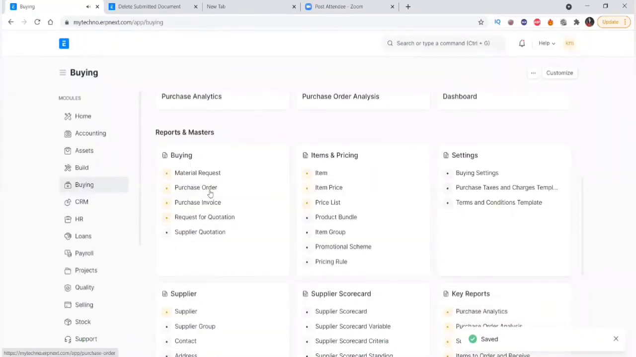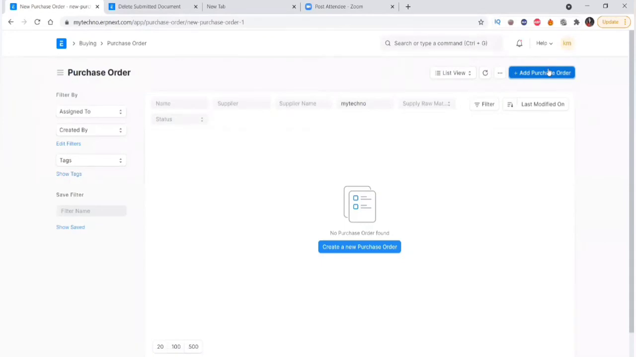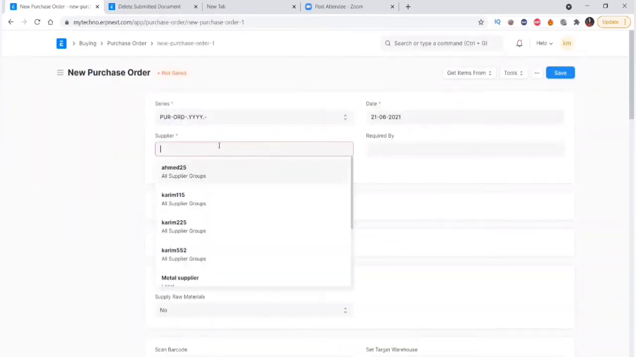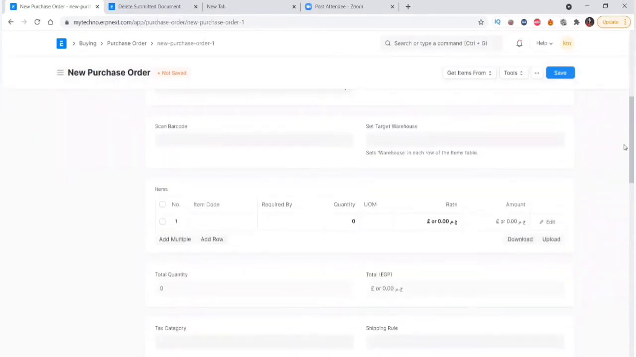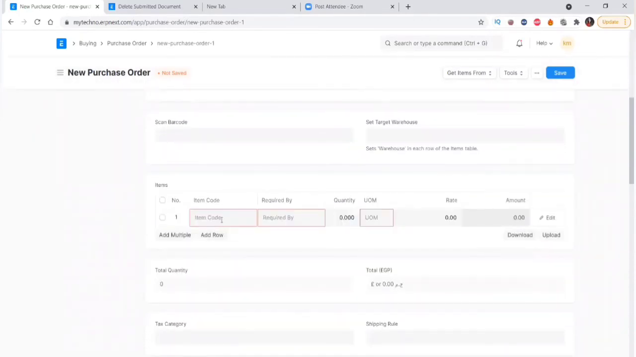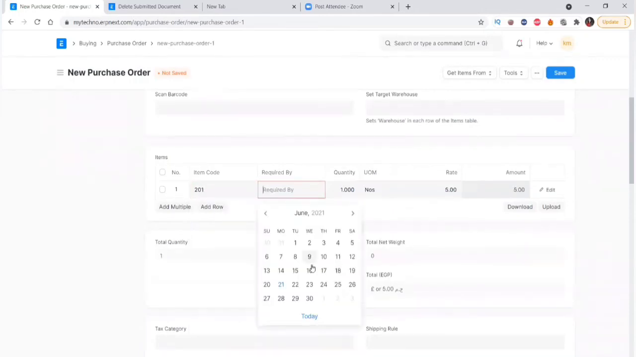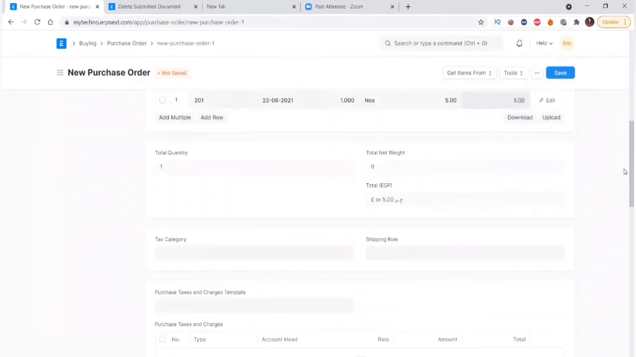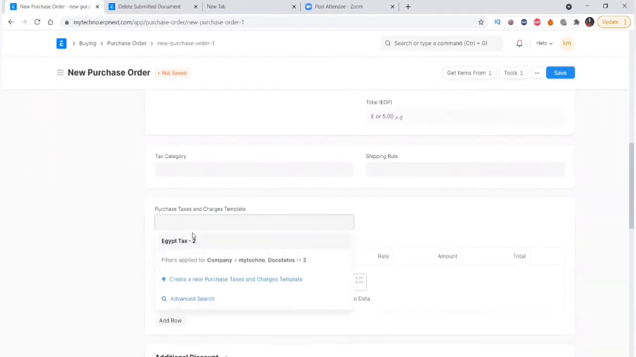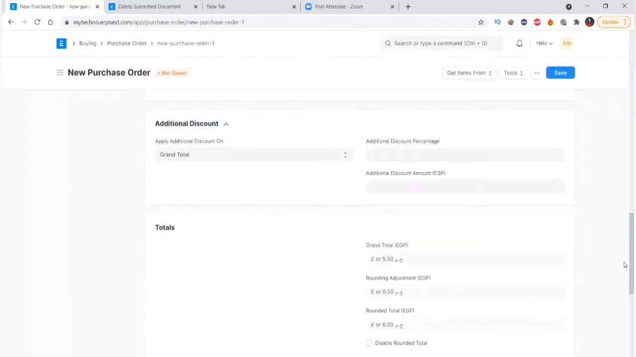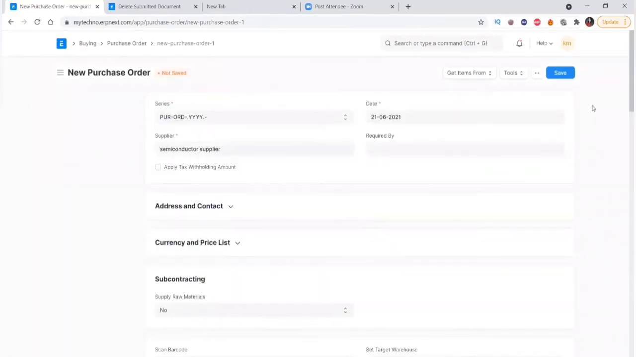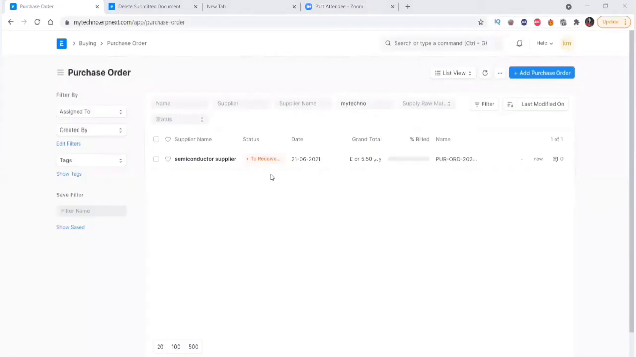Then we go to purchase order. So we go to the same supplier, semiconductor supplier, same item 201, date tomorrow, tax Egypt tax, grand total, discount, then save, submit. Then we create a new purchase order